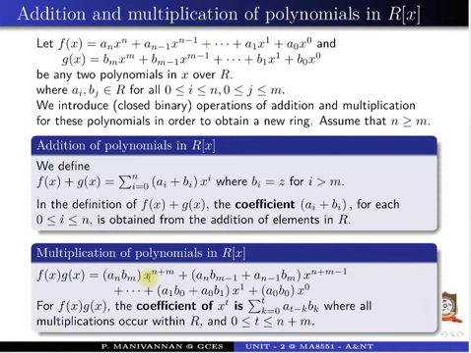For f(x) into g(x), the coefficient of x^t is the summation k equal to 0 to t of ak b(t-k). Why? Here x^0 is one term. x^1, here two terms. Such that 0 less than or equal to t less than or equal to n plus m. The sum of these two indices is the x power value. So we understand these coefficient values.